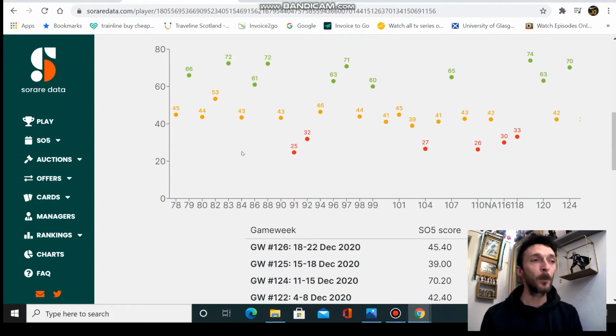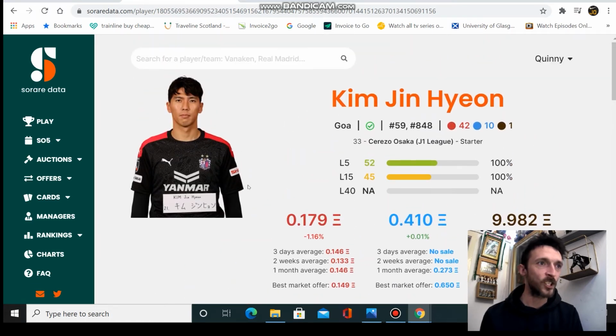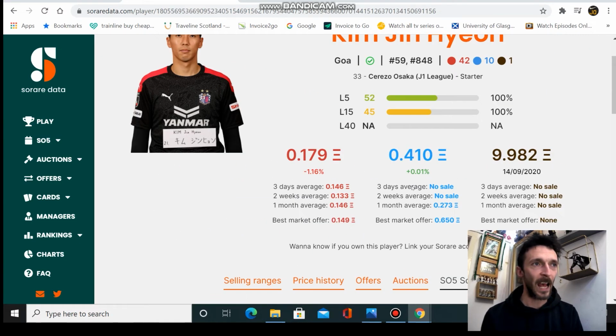But the thing with goalkeepers, as we all know, is age isn't as big of a factor. If anything, that late 20s to mid 30s is prime for them. And you can see the scores the guy has had have been very credible. Cerezo Osaka, again from memory, off the top of my head, I think they were a mid-to-lower-half club. So when you're facing lots of shots, you're getting your hands on the ball a lot. As long as you can keep the score down, these goalkeepers can score you very high,